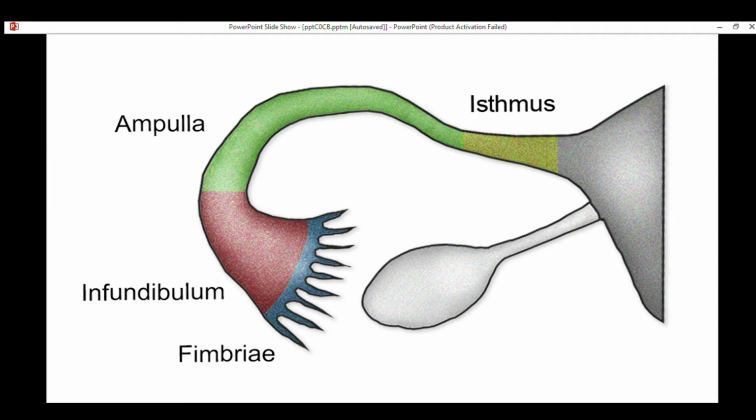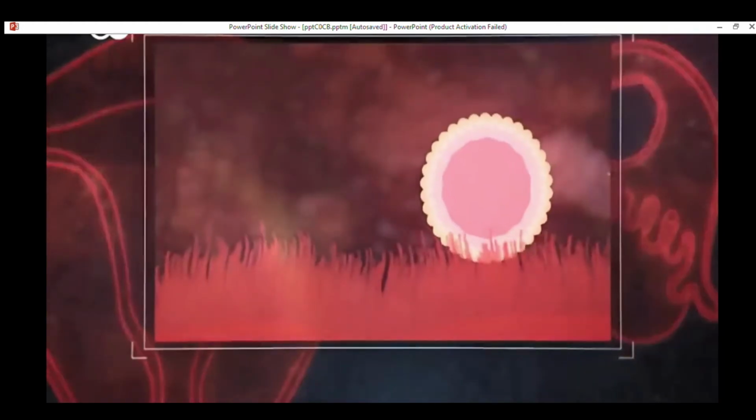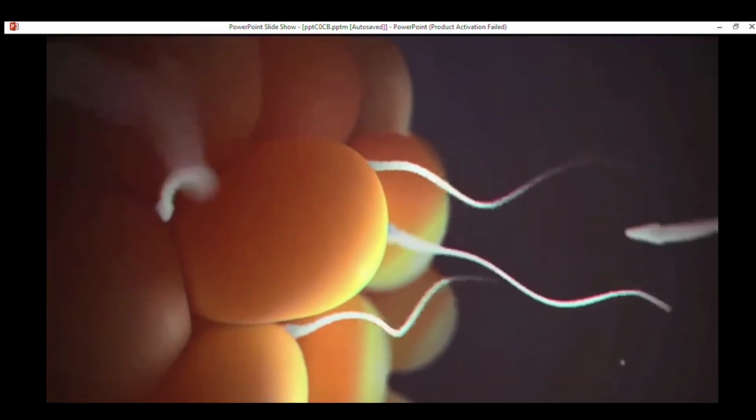Fertilization occurs in three phases. Phase 1 is that the sperm have to penetrate the corona radiata to reach the zona pellucida. It is aided by uterine enzymes. Phase 2 is sperm binding and penetration of the zona pellucida. Sperm binding occurs through the interaction of sperm glycosyltransferases and ZP3 receptors located on the zona pellucida. Sperm binding triggers the acrosome reaction, which entails the fusion of the outer acrosomal membrane and sperm membrane, resulting in the release of acrosomal enzymes.